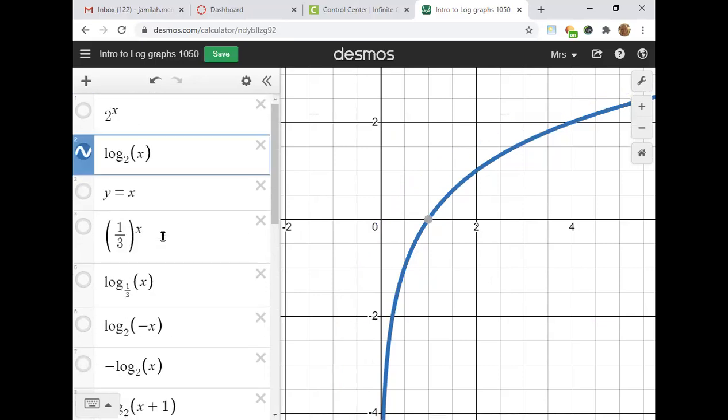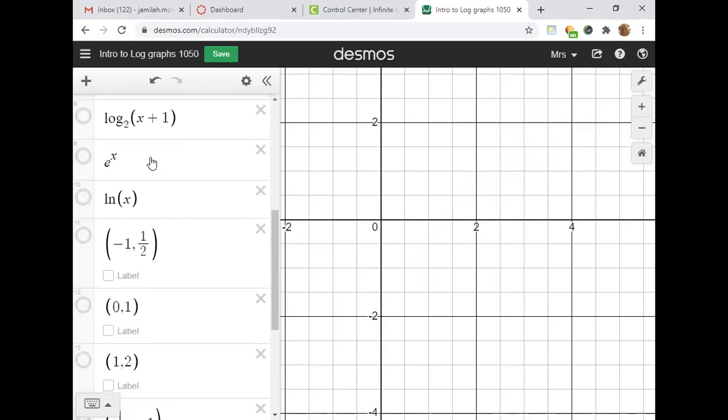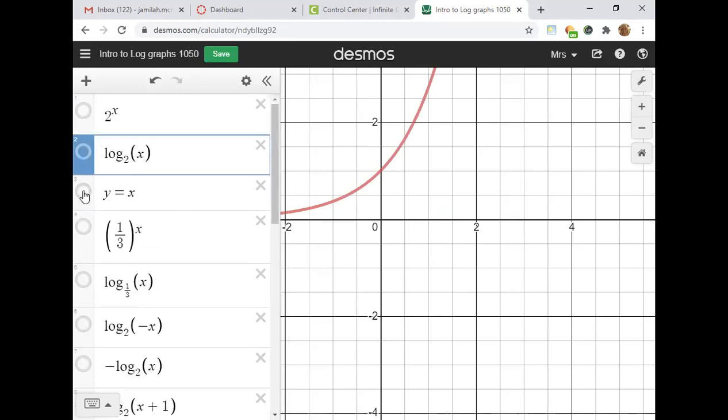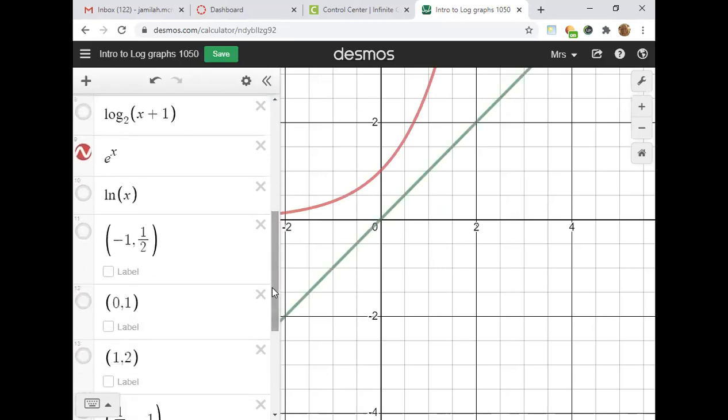All right, so the last thing I wanted to mention is the most popularly occurring exponential function ever, e to the x, also has its own inverse function. So we're going to flip it over that same green line. It looks kind of the same, right? Does it make sense to you that y equals 2 to the x and y equals e to the x look almost identical? It's a tiny difference. 2 to the x versus e to the x. E is just 2 point